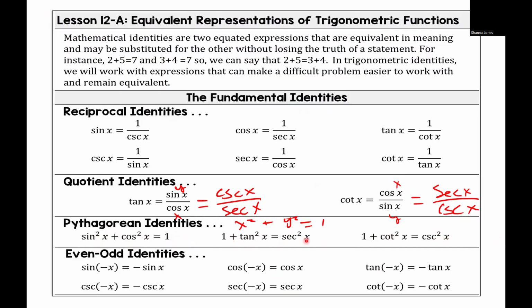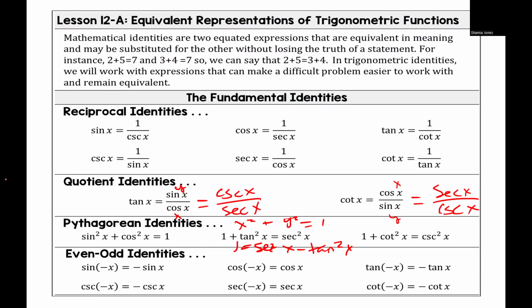With these identities, you can add and subtract across to create their own separate ones. So for example, on this one, it says 1 plus tan squared equals secant squared. That means that 1 equals secant squared x minus tan squared x. Does that make sense? So I can manipulate the identities to fit whatever my problem may need it to be,